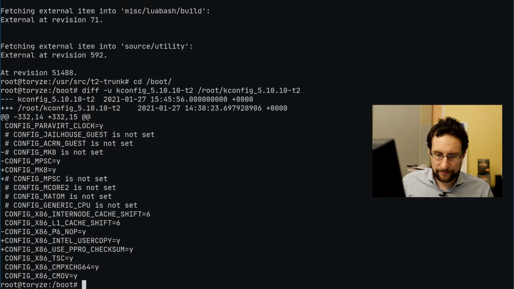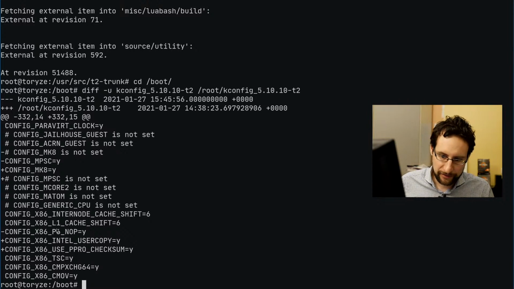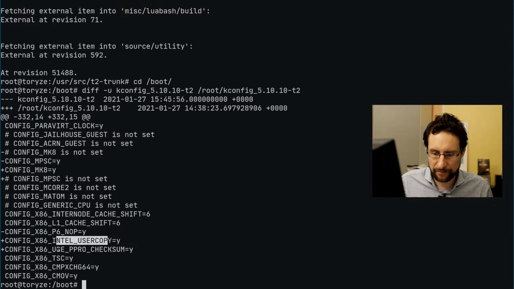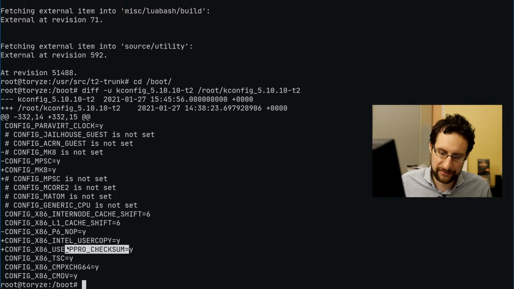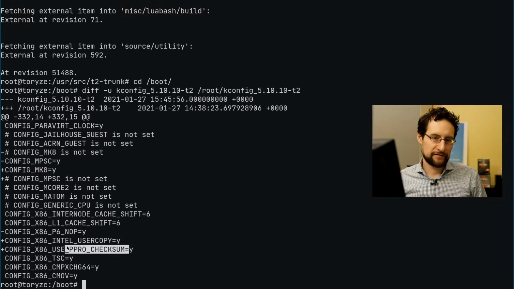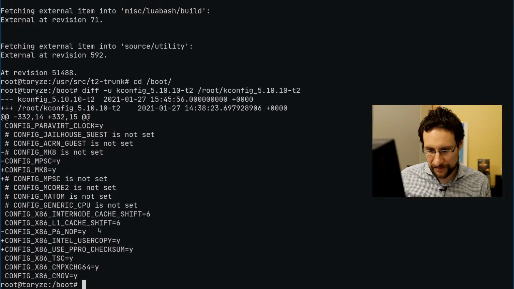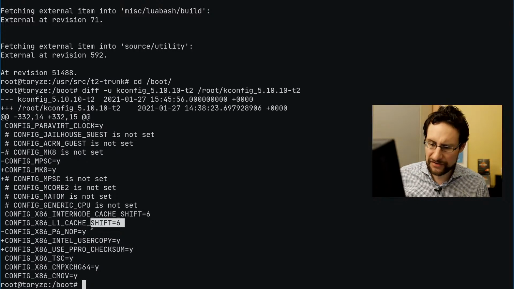Also, yeah, super sorted and consistent naming of Pentium Pro and P6 was there. Linux kernel professionals. Anyway, so obviously I thought then, yeah, for sure it's Intel user copy or the use Pentium Pro checksumming stuff, especially as this Pentium Pro checksumming actually has some function header of TCP/IP checksumming stuff. Anyway, so one by one I toggled this manually, and you will not believe, raise your hand. Oh, wait a second, this is, by the way, not all. Actually, this is slightly incorrect. It also changed the L1 cache shift from between 6 and 7. Sorry, this is an interim state here.